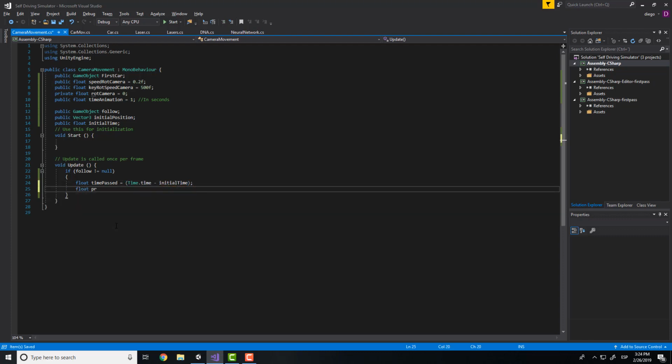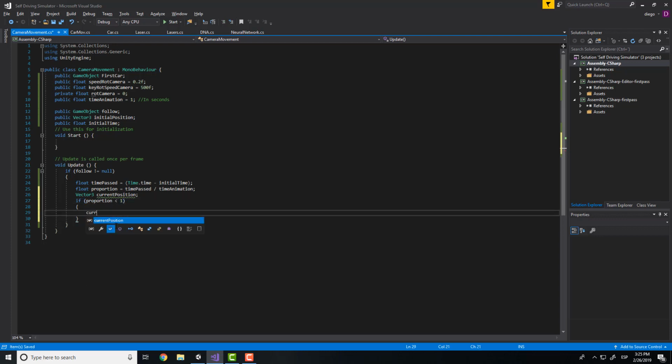The proportion, that will be the time passed depending on the time of animation. The vector free current position, and then here, if proportion is less than 1, that is